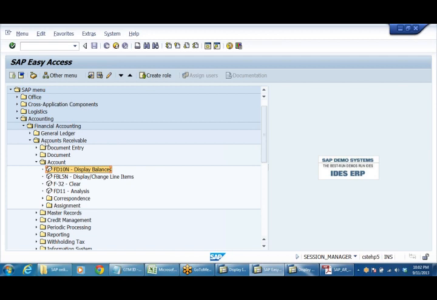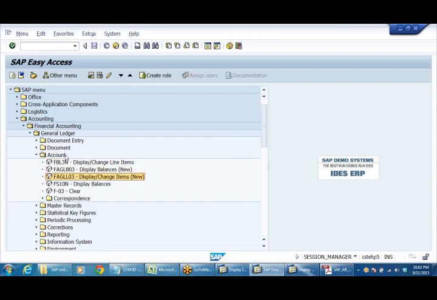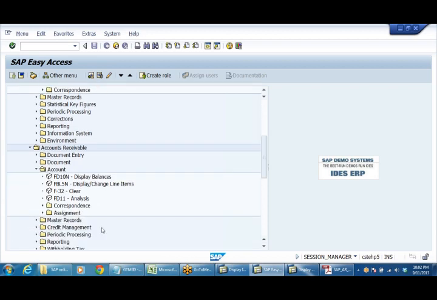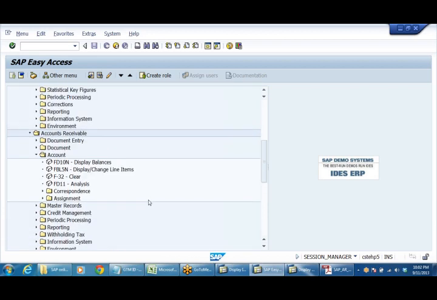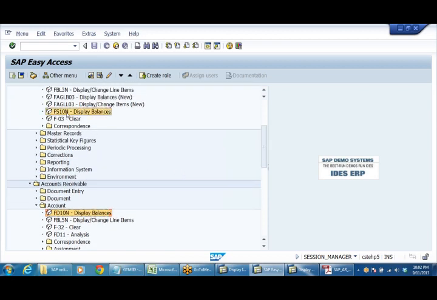Do you remember what is the T code for looking at the GL account? FS10N. In case of GL account, it is FS10N, display balances. Here, FD10N. FS10N, FD10N. S stands for GL and D stands for customer. In case of accounts payable, FK10N, display balances.